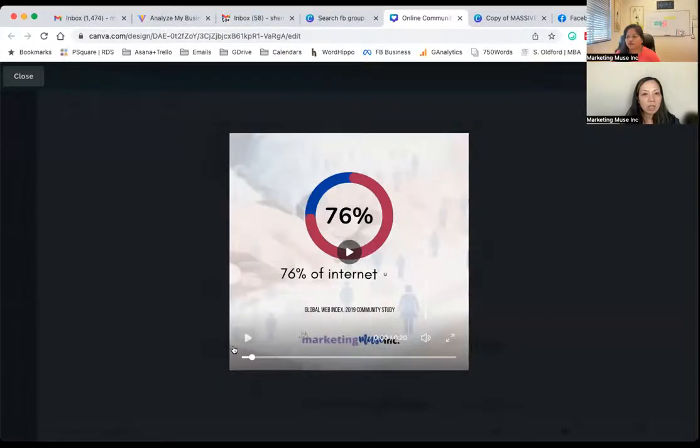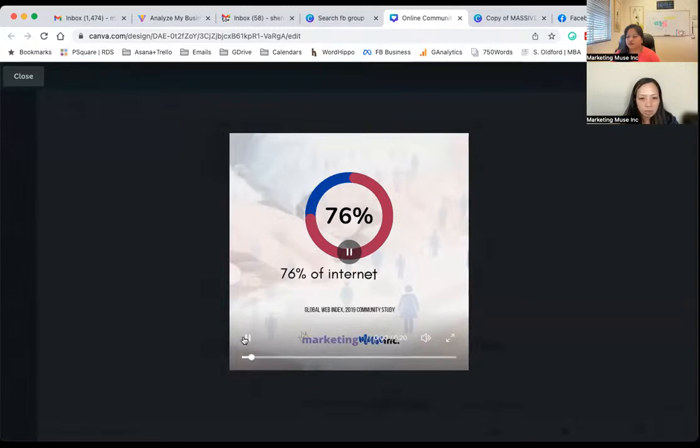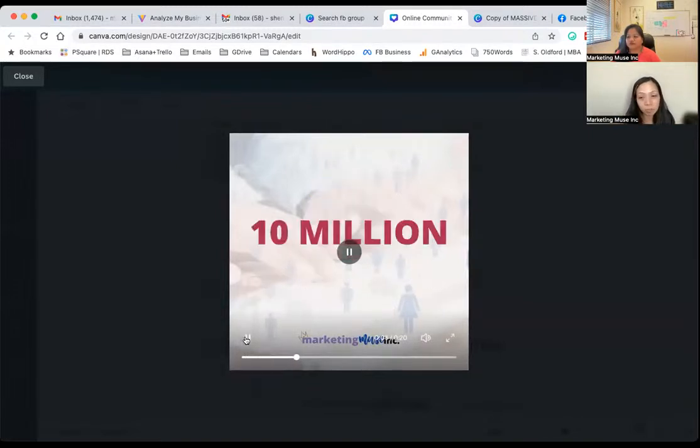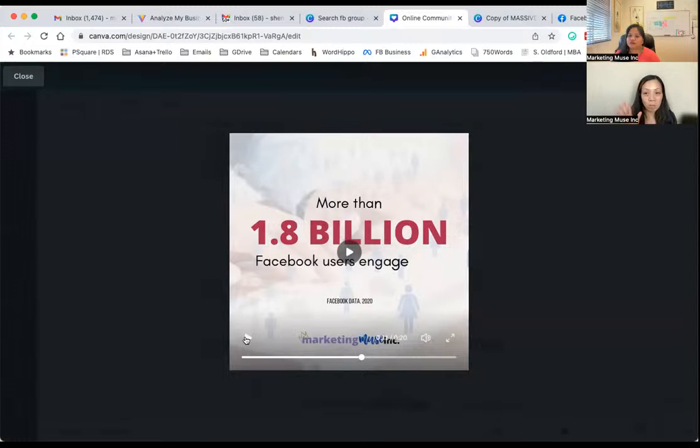About 76% of internet users participate in online communities, including Facebook groups. There are 10 million Facebook groups within the Facebook ecosystem. So if you are using your personal profile, remember you can only have 5,000 friends, but not all of them will actually see your content. But if you put them into a playground, so to speak,